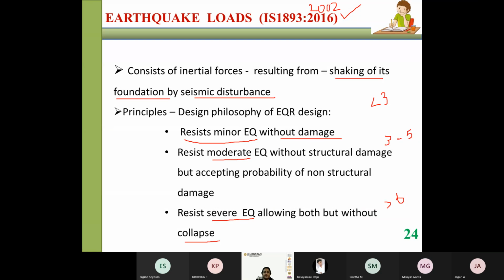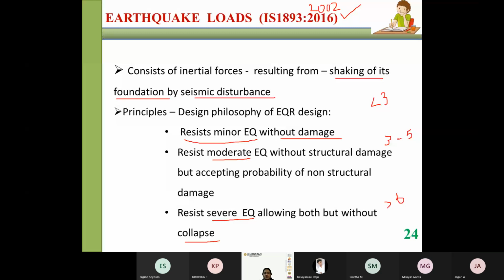Whenever you design a tall structure, we cannot construct any building earthquake proof. A completely earthquake proof building is not at all possible, because we cannot predict the magnitude and intensity of an earthquake, or how the building is going to be shaken. So the 3 criteria you have to consider when you analyze are: it has to resist a minor earthquake without any damage, and a moderate earthquake without any structural damage but with some non-structural damage, because it can be repaired immediately and the occupancy restored.